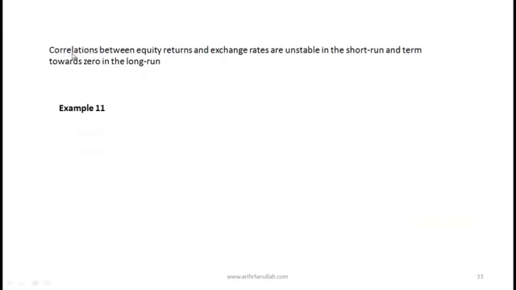One more point before you do example 11. There have been several studies that try to look at the correlation between equity returns and exchange rates. What has been observed is that the correlation between equity returns and exchange rates is unstable in the short term, but tends towards zero in the long run. So in the long run, correlations are effectively zero, but in the short run, there is no clear